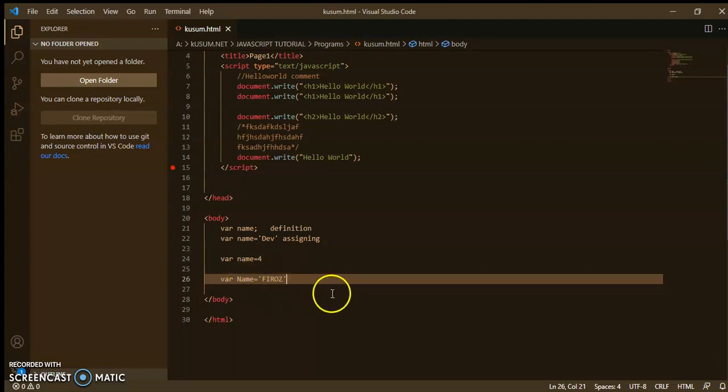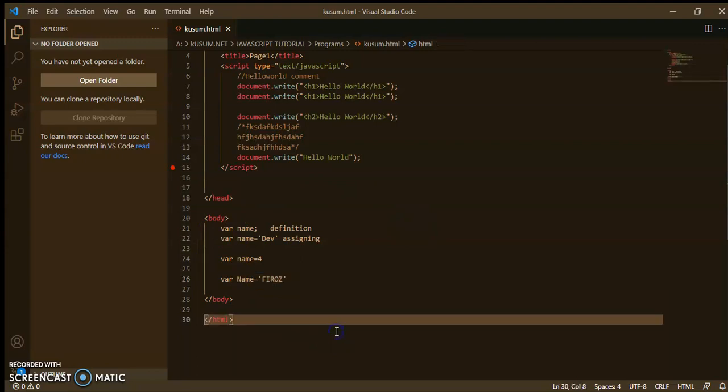So this is called a dynamic type language. And it doesn't use data types like integer or string, so it is called a loosely typed language, right?